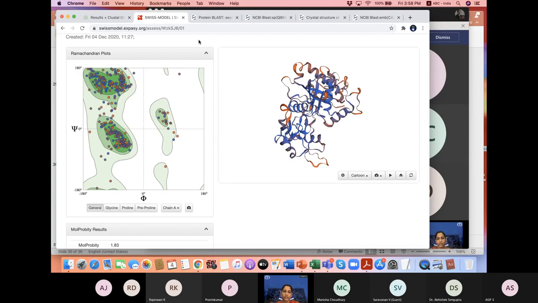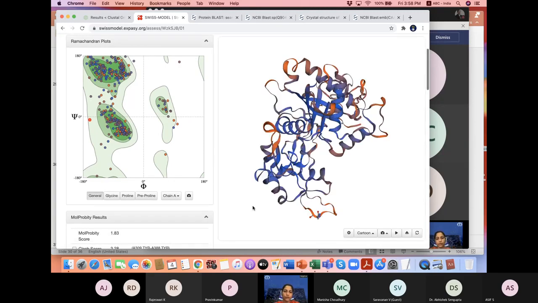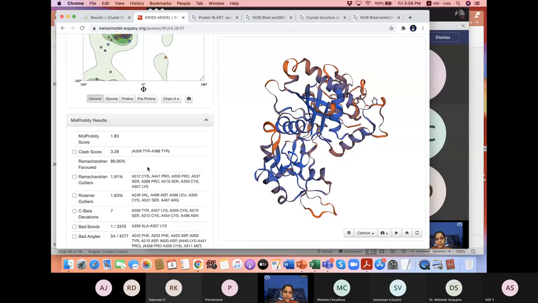In peptide chains, in peptide bonds, we know that those are rigid, and only the phi and psi angles can rotate, right? Now these phi and psi angles have their own range, and they can only rotate within this particular range and not more than that. So based on that, there is this Ramachandran plot, which gives us information on which residues are showing steric clash in the protein structure, okay. Now if you go down here, you can see the clash score.